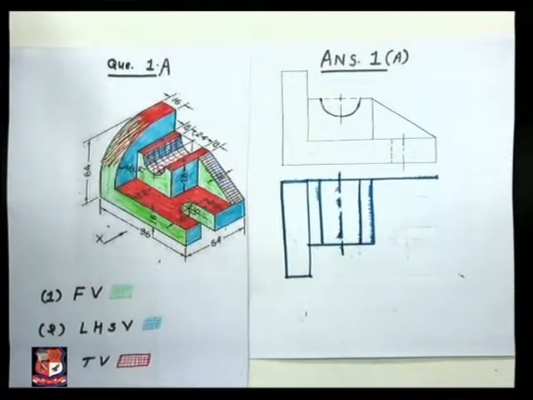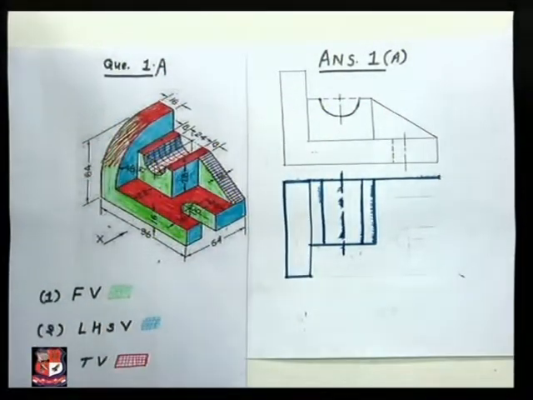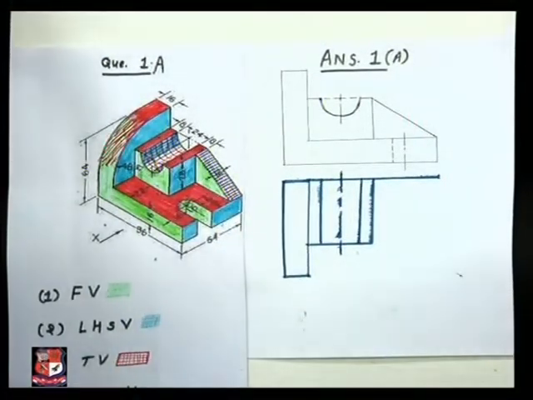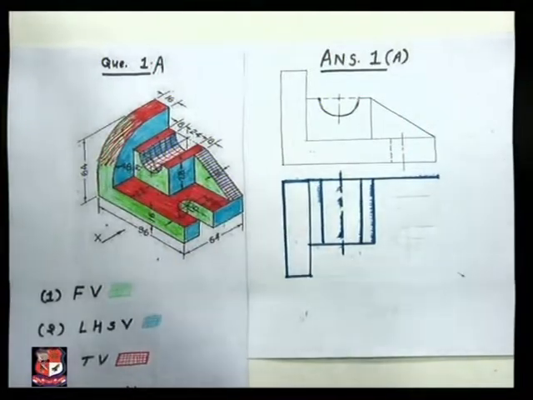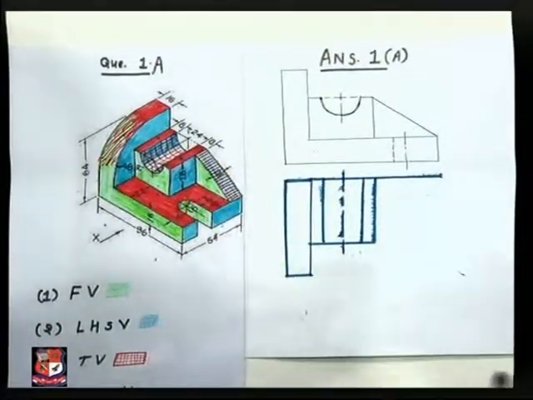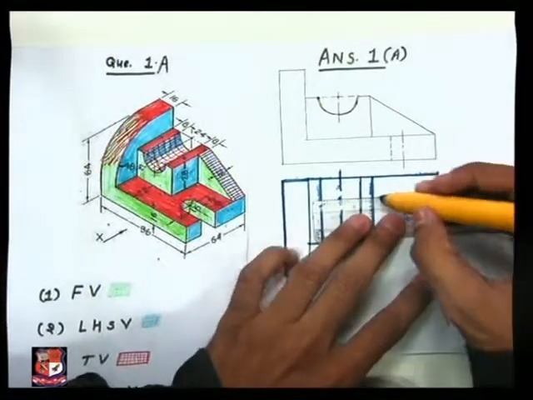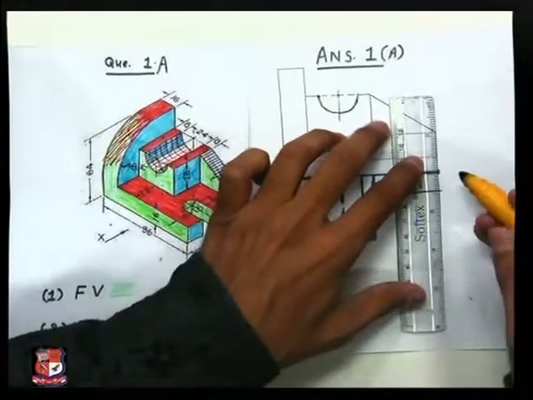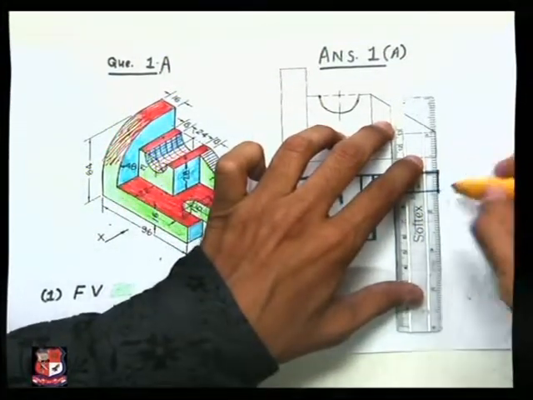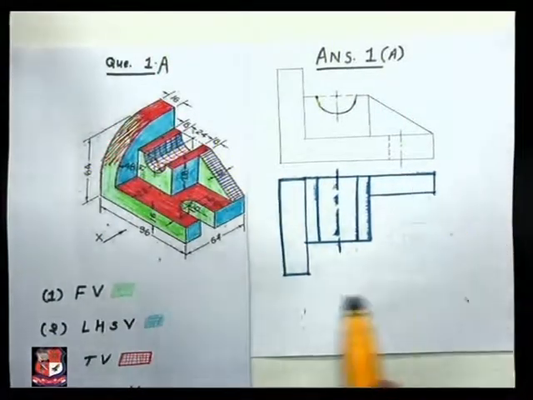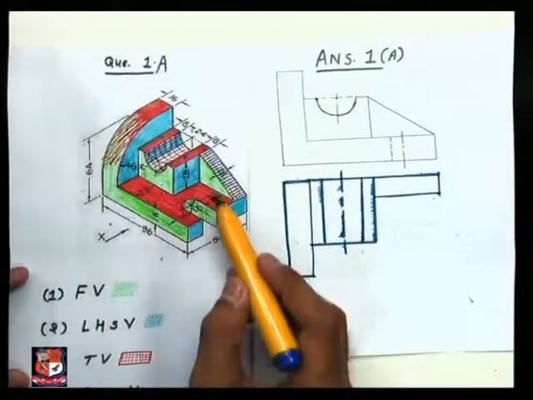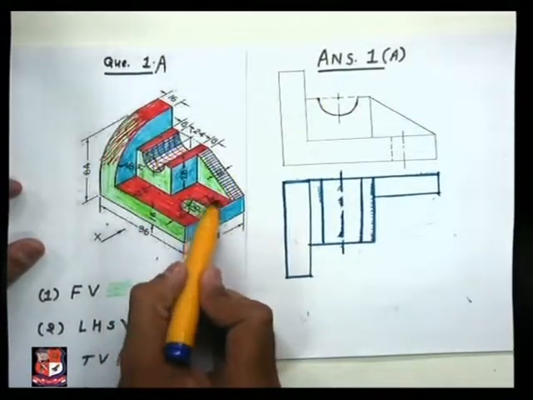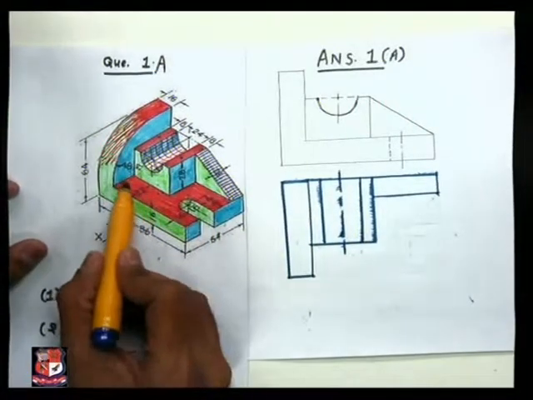Now what's left in top view? If you look from the top direction, means from here, this strip would appear, and the width of that strip is known to us, that is 12 millimeter. It is given in this figure. This is 12 millimeter. So at a distance of 12 millimeter from this edge, draw a line like this, and here complete this strip like this. So this is representing this edge, 12 millimeter width, and total width starts from here and ends at this edge.